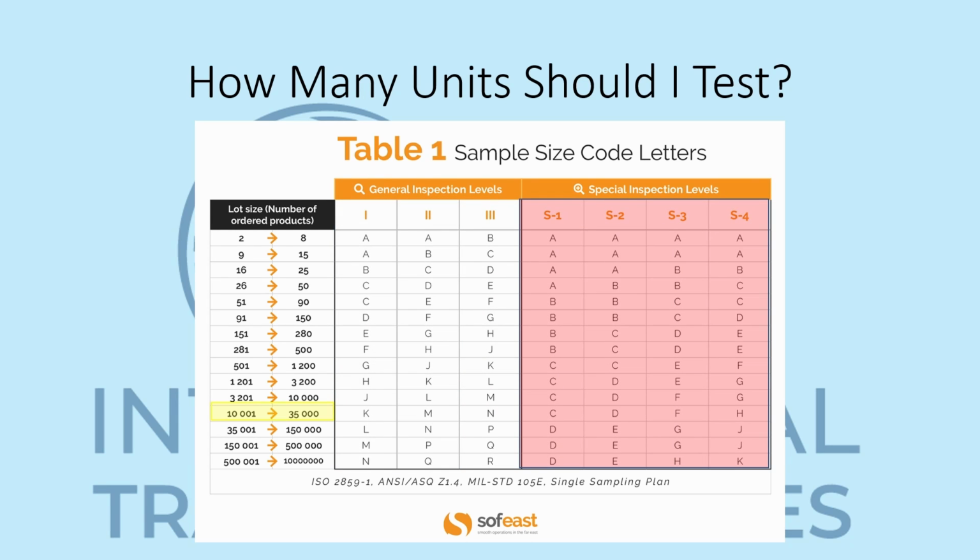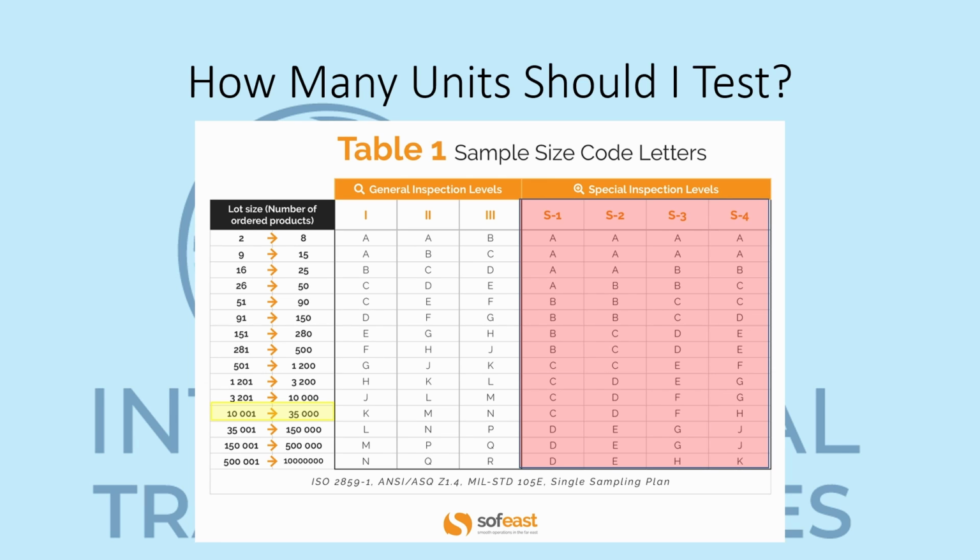The special inspection levels, you test fewer units, but you do much more rigorous testing. These are for products where there are a lot of safety regulations, a lot of governing bodies that have regulations set on them. So for example, medical devices or complex electronics, where if they fail, there are catastrophic consequences. This is where you'd use those special inspection levels. And it works similar to the general inspection levels in that S1, they test fewer units, while S4, they test